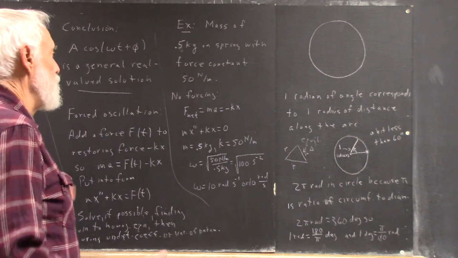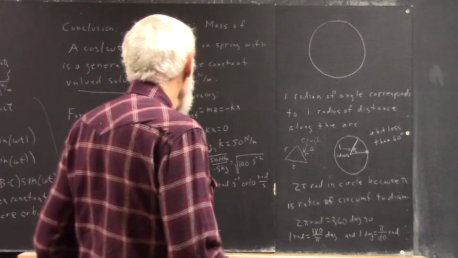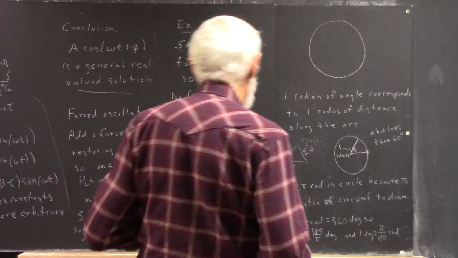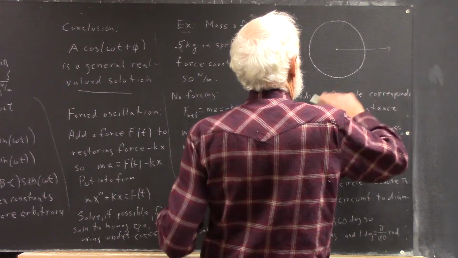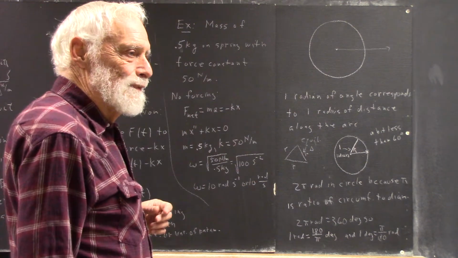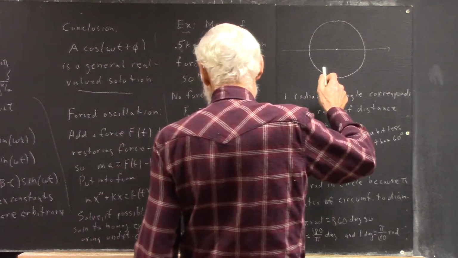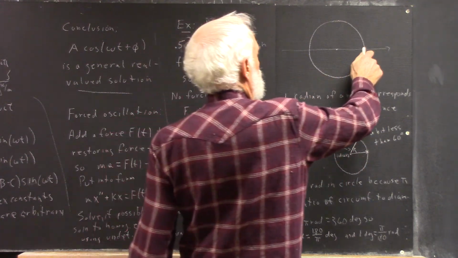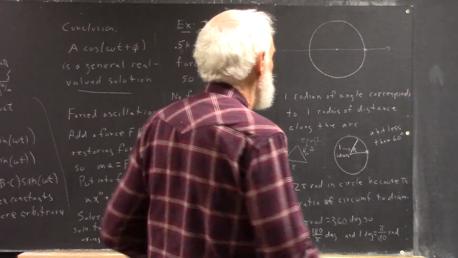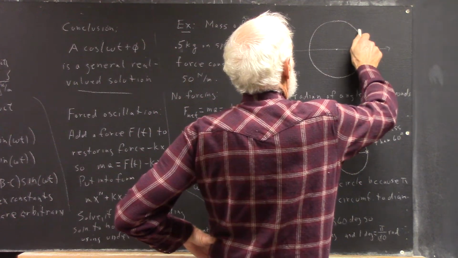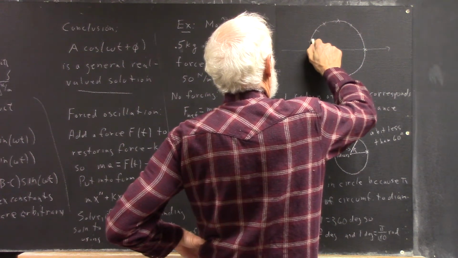Now, what does that have to do with this mass and this silly spring? Well, what it has to do with is, if you go ahead and set a polar axis here, or the x-axis here, that's okay. And if you start here, you don't have to start here, you can start anywhere on the circle. But if you start here and successively move around the circle,